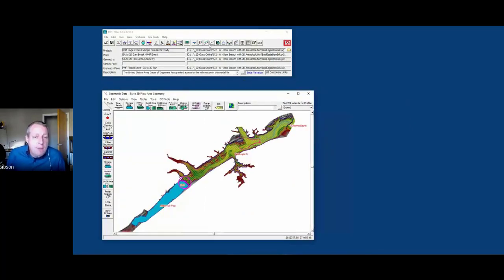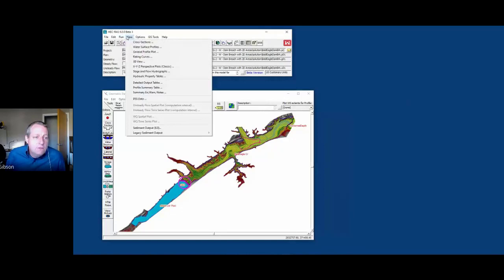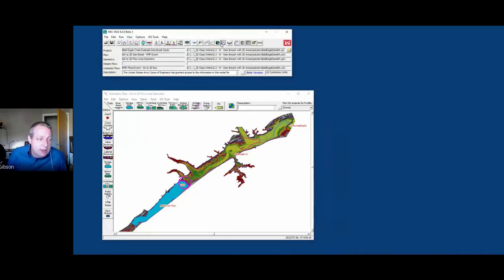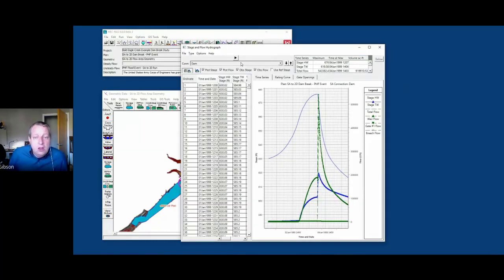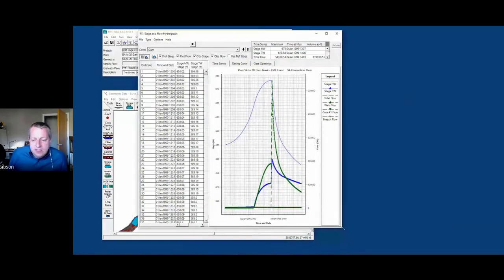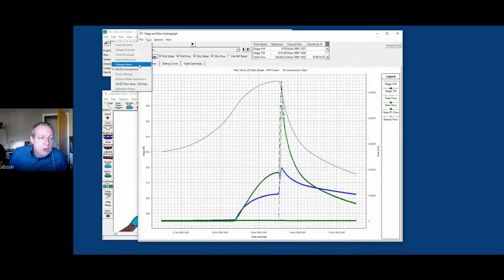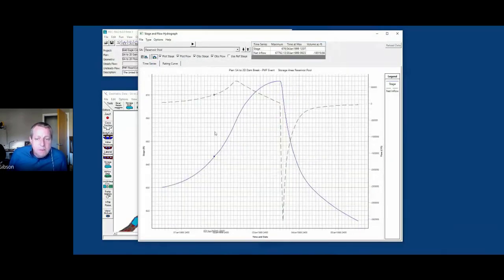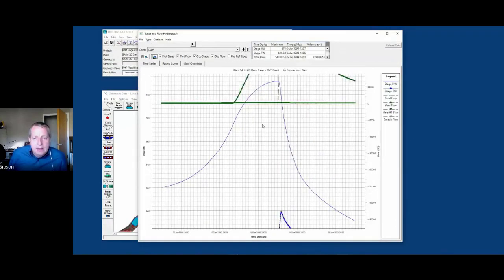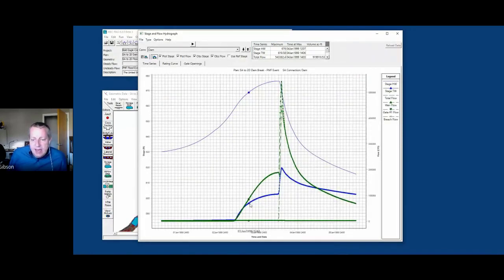And so before we even go to mapper, you can either go to view, and I never use these menus, so I have trouble finding them, but you can go to stage and flow hydrographs, or you can just push the hydrograph button. And this is all in .NET in 6.0, so it's all new. If you're used to these, they're different now. And if we go to type, you can actually look at, hey, what's going on in the storage area? Or you can say, hey, what's going on with my storage area 2D connection? And this is a really helpful tool to say, hey, your flow is increasing with spillway flow, and then boom,